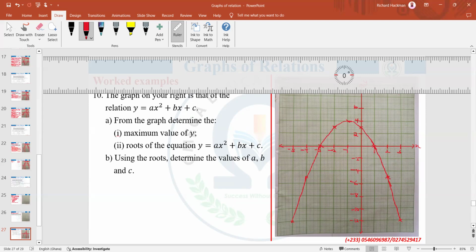I'm repeating, the root or the solution of every quadratic equation, by using the graphical approach, will be where the curve cuts the x-axis. Because the quadratic equation is in x, if I'm asked to determine the root of this quadratic equation, I have to look for where the curve meets the x-axis. So in this case, for the b(ii),